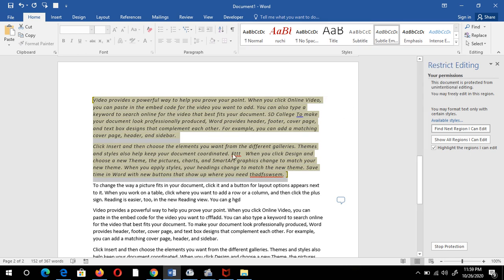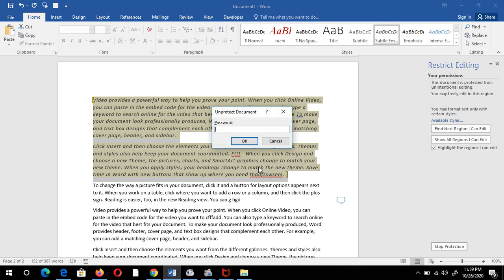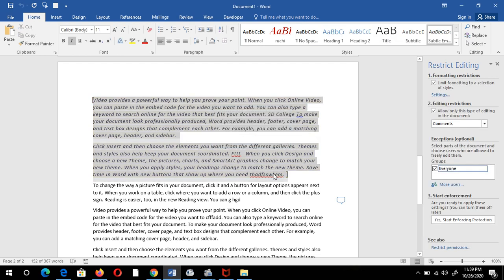Now suppose I want to stop this type of protection. I click Stop Protection and give the password. My password was 345. Click OK.